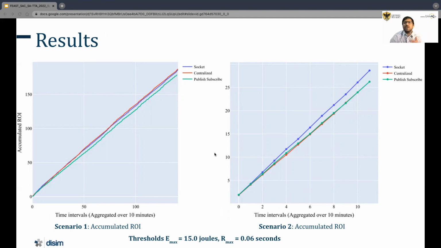The main reason was because we had used MySQL, and the time taken to read and write was much less compared to a socket connection or using a message broker, contrary to popular belief. In the second scenario, with an adaptation interval of 1 second, socket performed the best compared to publish-subscribe and centralized connector. So initially, we can observe that all